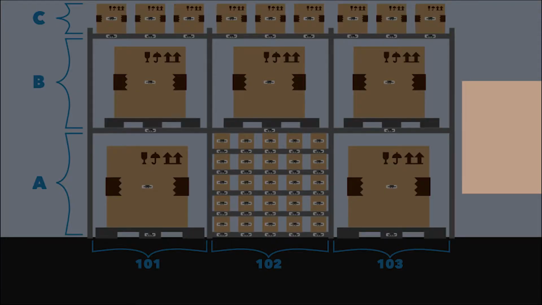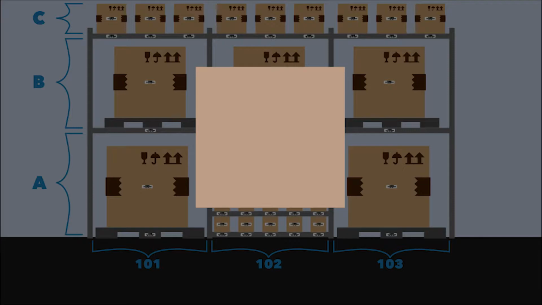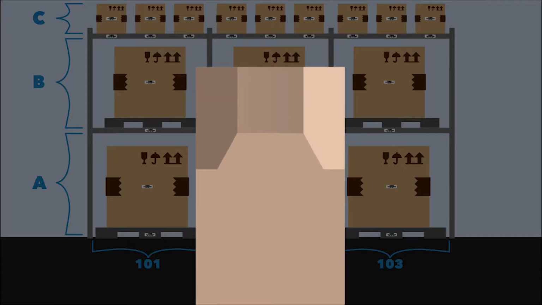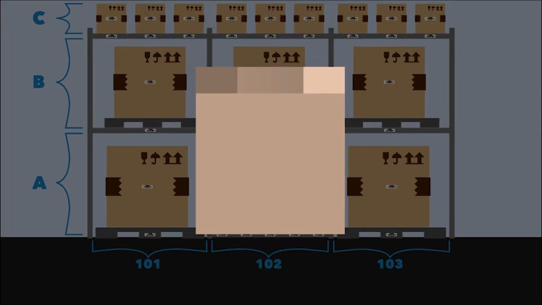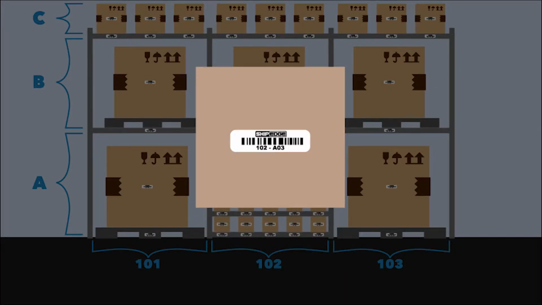We tend to think of bins as a physical box, but it makes more sense to think of bins as the empty space inside of the box. That is how the system views it. You fill the empty space with products. Then you give the bin a number or a tag. The system then stores all of that information. That's the SKU, the quantity, the expiration date, the lot number, the unit of measure, and the product volume.